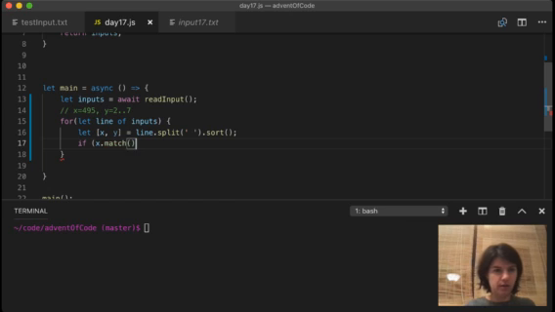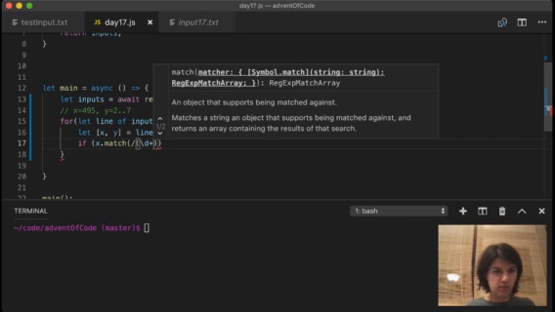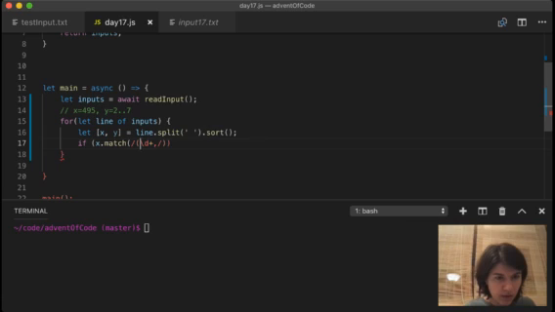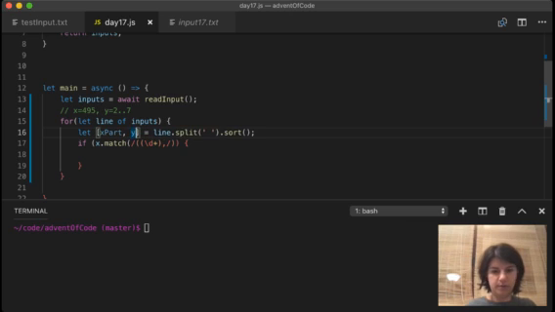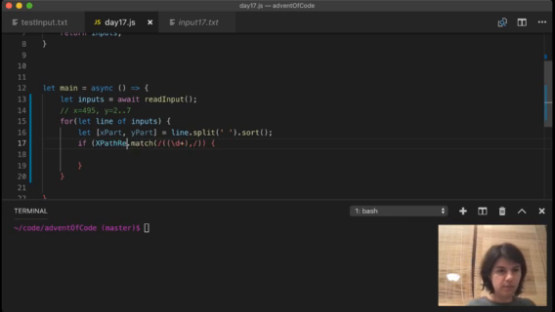Match, if the x just matches double digits followed by a comma, and I want to grab these digits. So if the x was the first one, well, x is a single number then. So then I can say x part, y part, if the x part matches a single number,